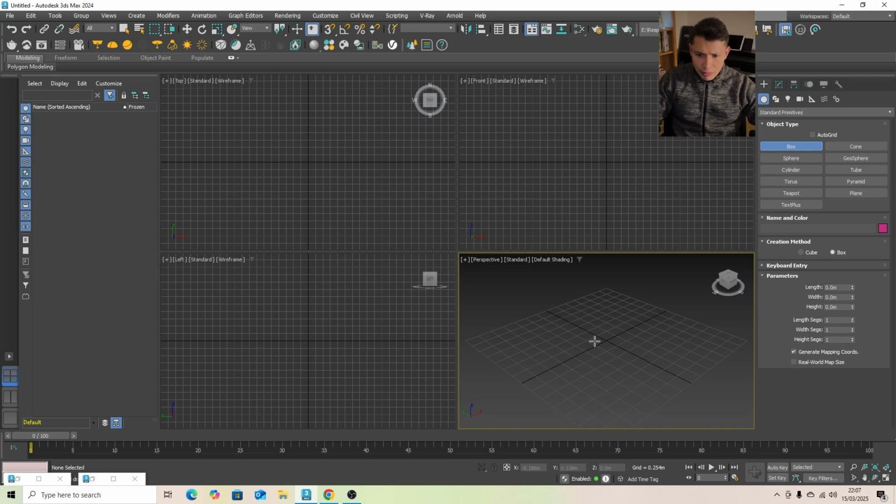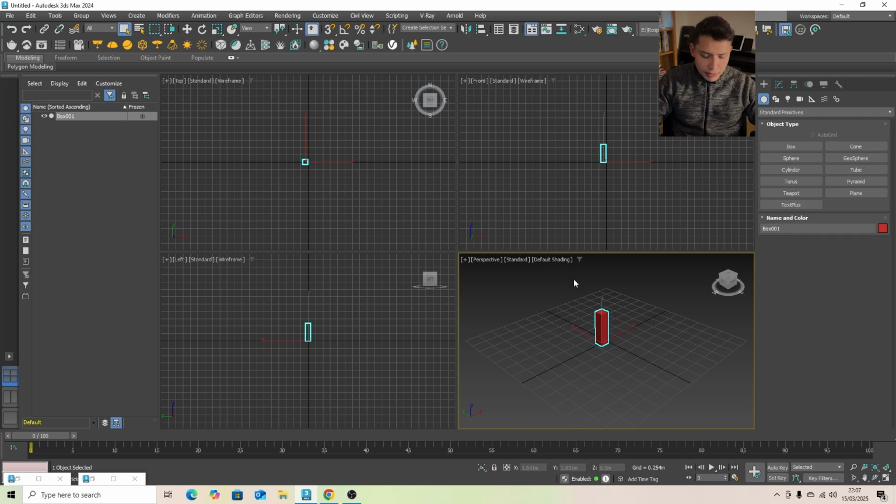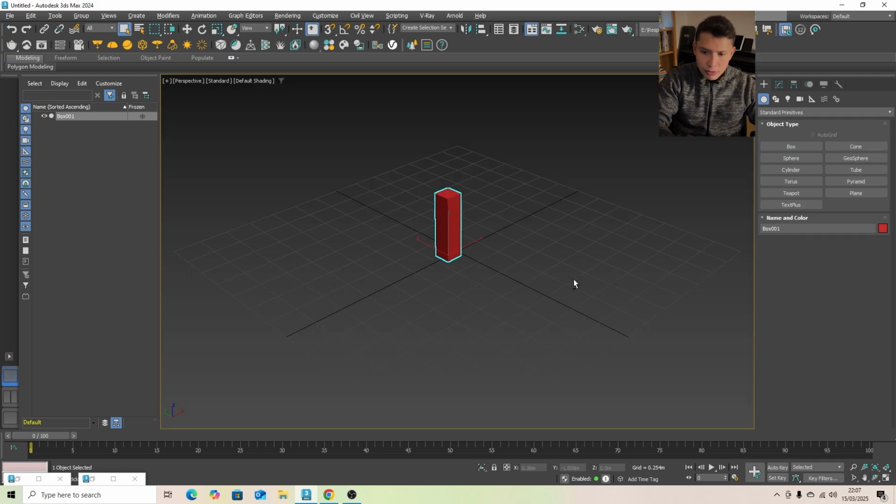For doing this, I'm gonna select a box and I'm gonna type 0.15 by 0.15 by 0.45 height, probably 0.60. Now I am going to maximize this window by pressing Alt W, and I'm gonna press Z